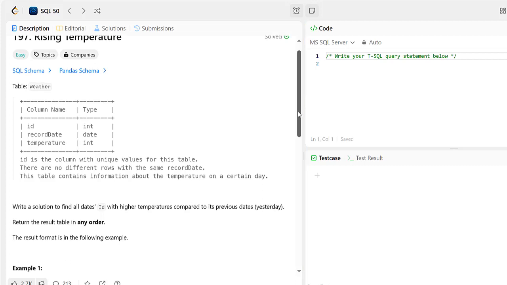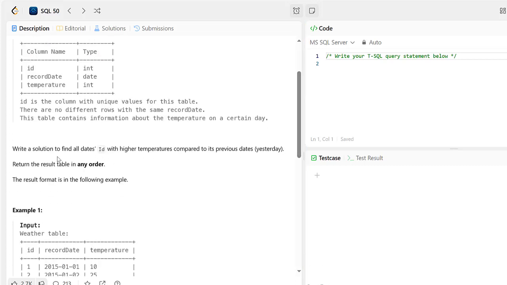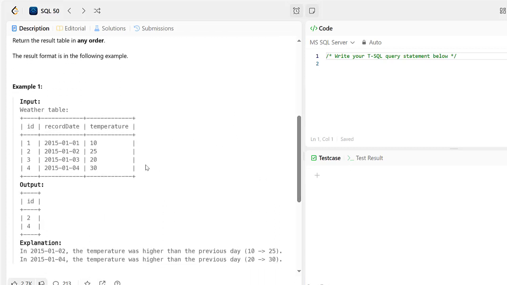And then here's some description for the table. So here's the question. Write a solution to find all dates' IDs with higher temperatures compared to its previous day, yesterday. So here's an example here. So we have four records here. So on 1/1/2015 the temperature was 10, on 2nd it was 25, on 3rd it was 20, and on 4th